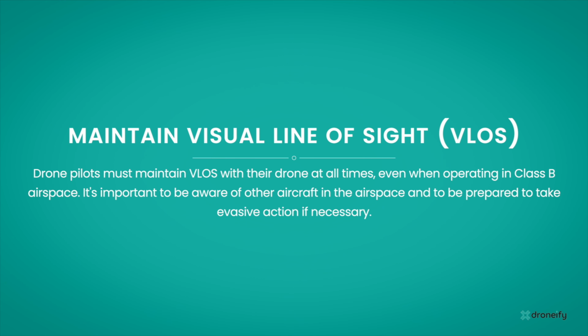Maintain visual line of sight. Drone pilots must maintain VLOS with their drone at all times, even when operating in Class B airspace. It's important to be aware of the other aircraft in the airspace and be prepared to take evasive action if necessary. By following these guidelines, drone pilots can operate safely and effectively in Class B airspace in compliance with FAA